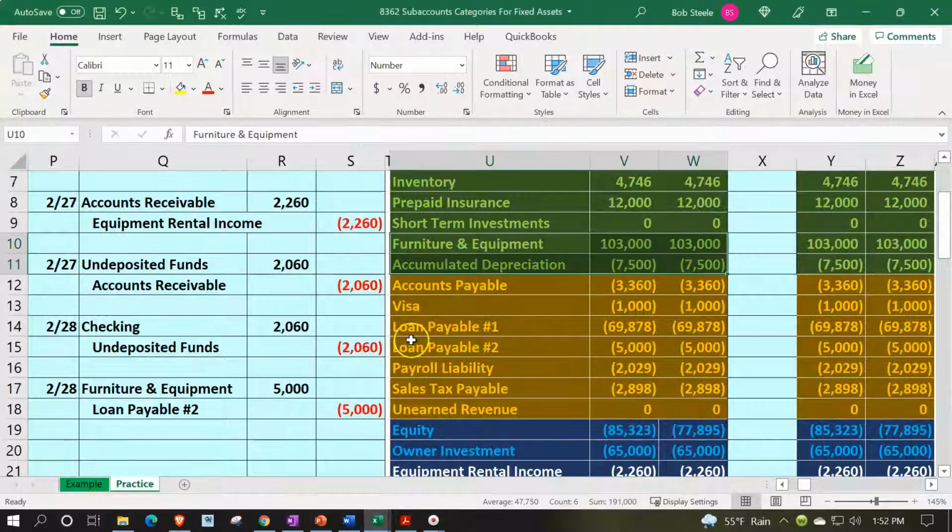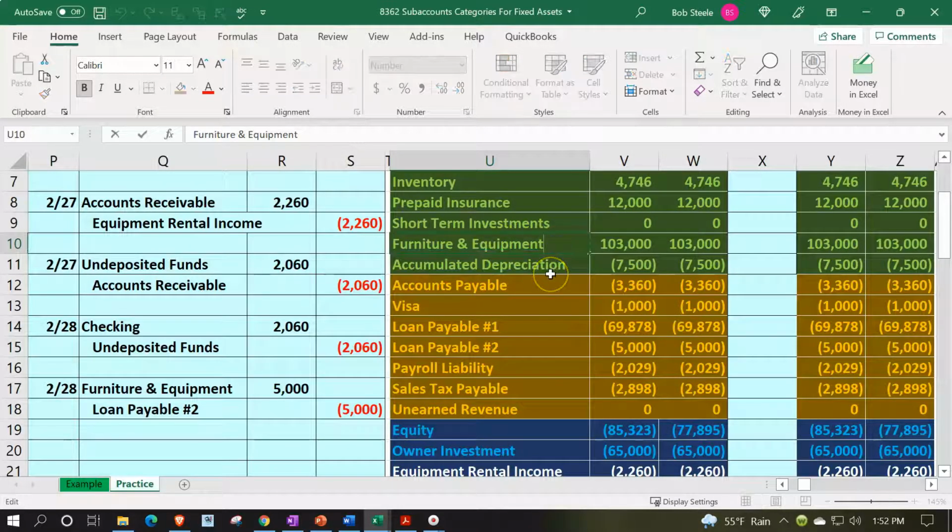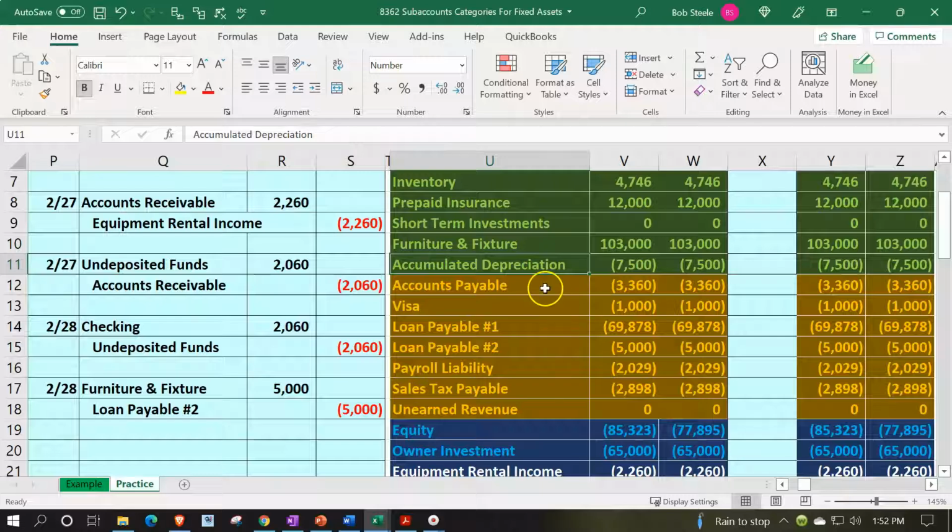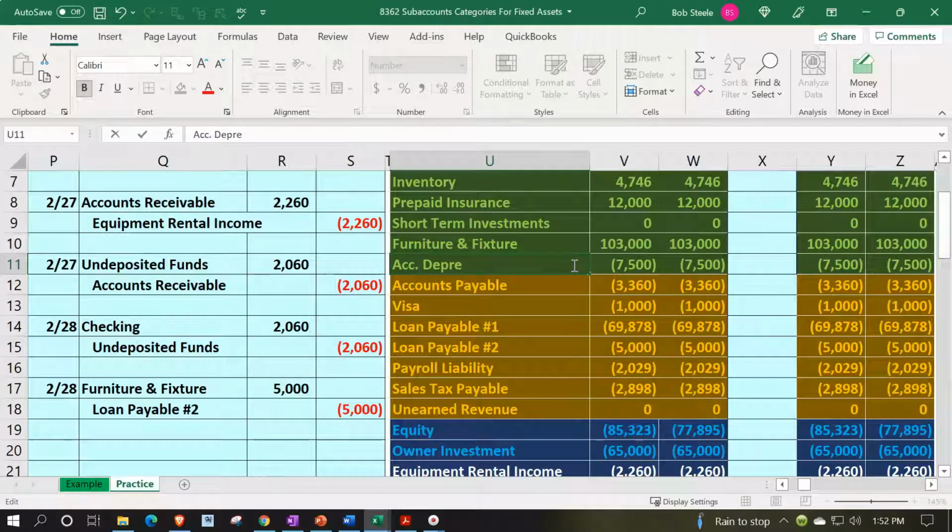I'm going to go back on over and say, okay, this is furniture and equipment. I'm going to change this account now to just furniture and fixture, which is what is shown on the tax return instead of furniture and equipment, which is sometimes given in software like QuickBooks. I'm not sure exactly why, maybe to group those two things. But in any case, I'm going to say furniture and fixture, which is often what you see in the tax software. And then the accumulated depreciation, I'm going to abbreviate it now. I'm going to call it ACCDPRE for accumulated depreciation to give us less room for that really long word. And then I'm going to make it for